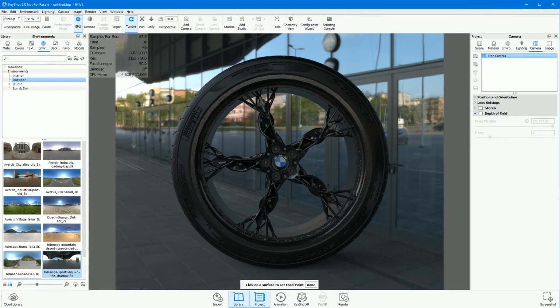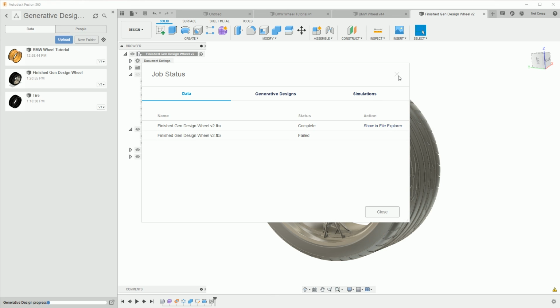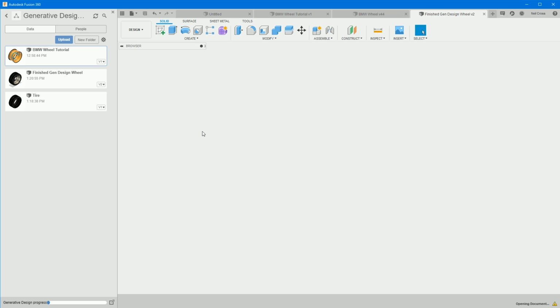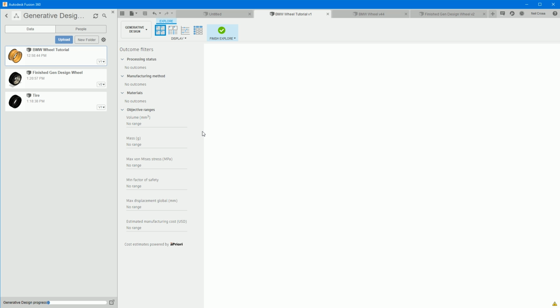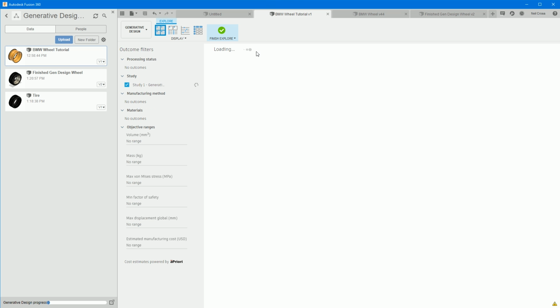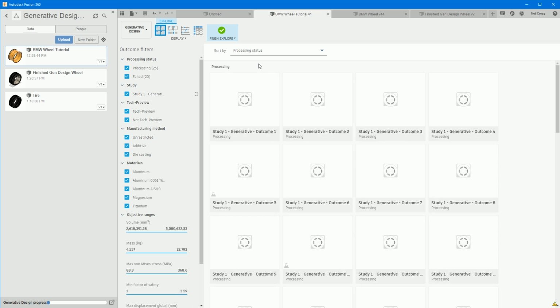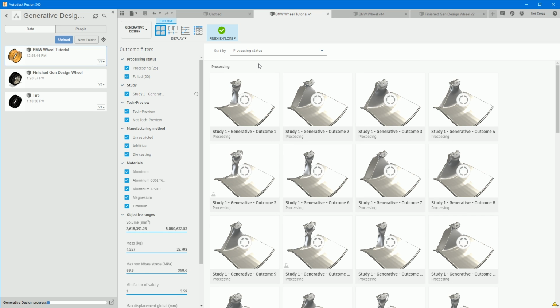So hopping back on over to Fusion 360, if you jump back into the wheel tutorial F3D file, you can create new studies if you want to, and then just edit the loads. You can edit the manufacturing techniques, and you can do all this whilst it's free. Just trial and error, reduce the loads, and you might get a more defined, extensive array of webbing going on within the